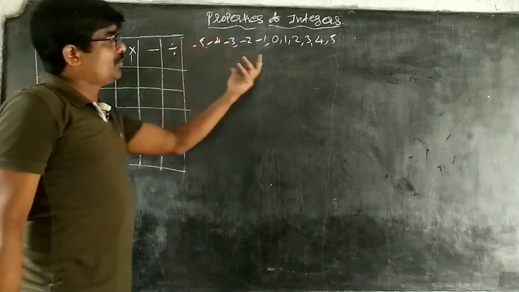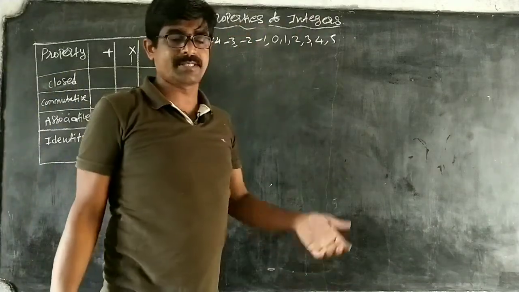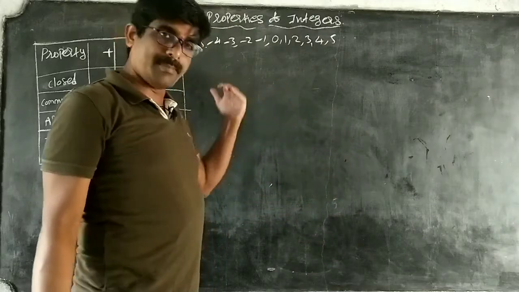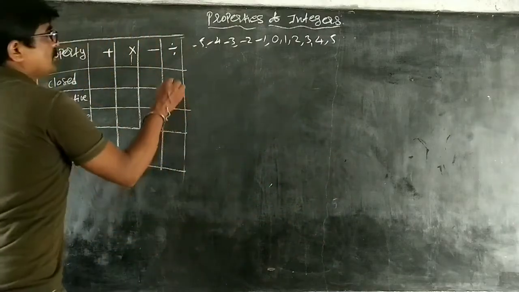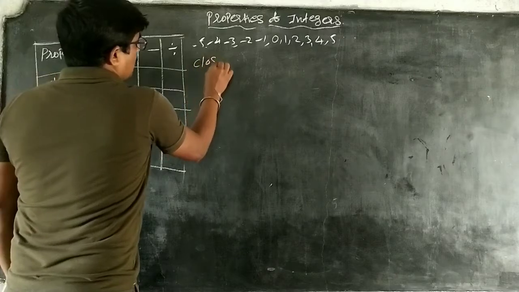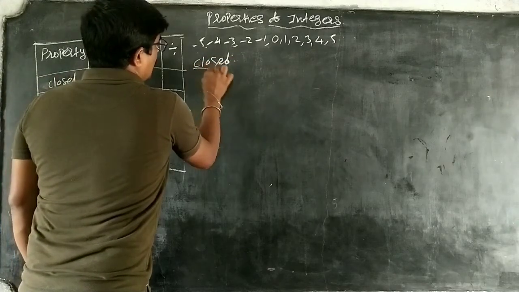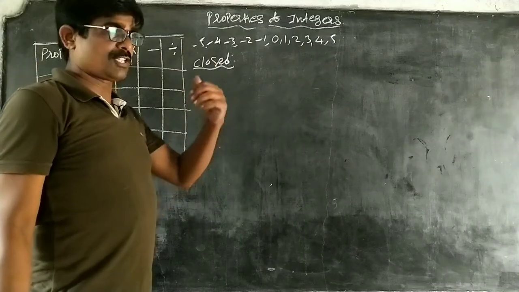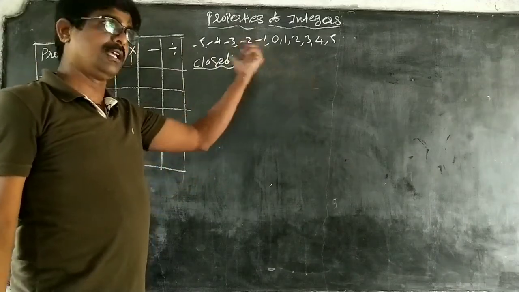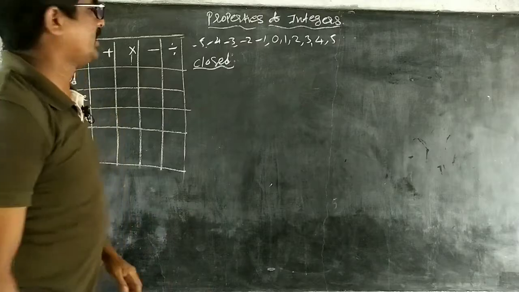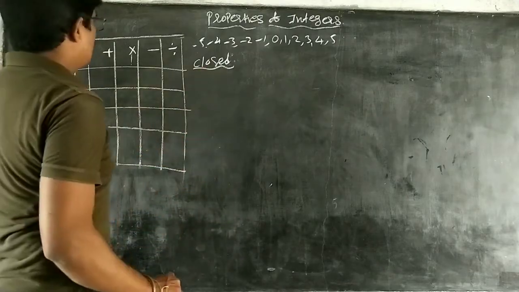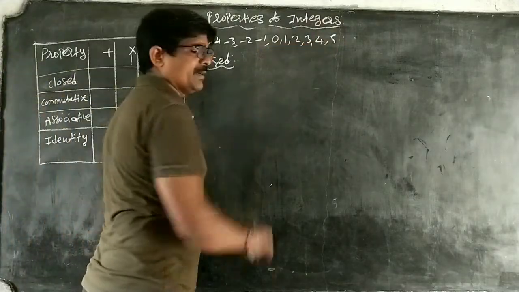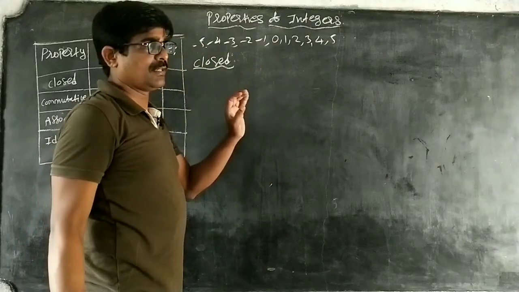You already observed the properties of whole numbers. It is the same here, we are applying the same properties. So the first one is the closed property. If you don't understand, first watch my video on properties of whole numbers, then you will understand easily. Closed means we take any two numbers